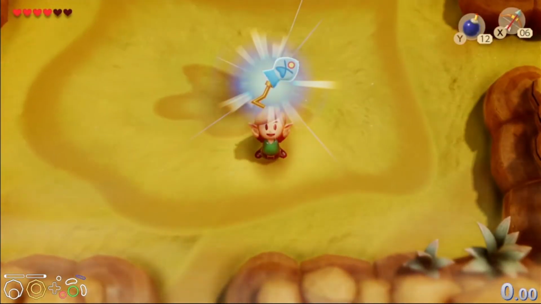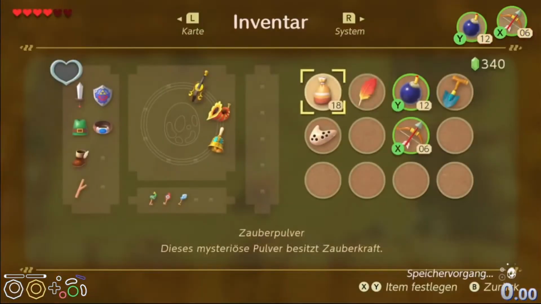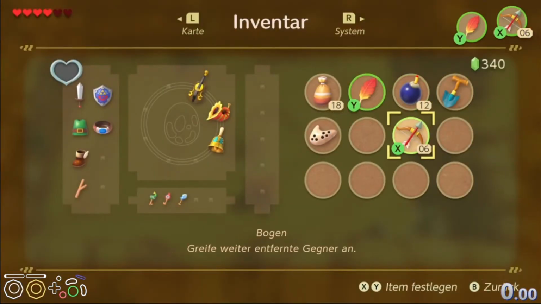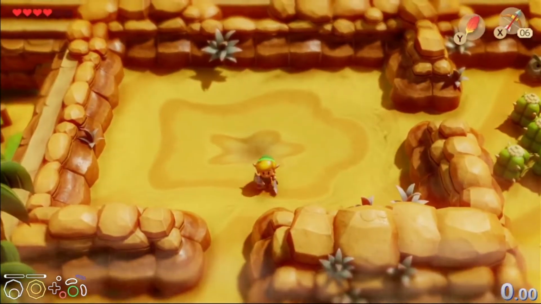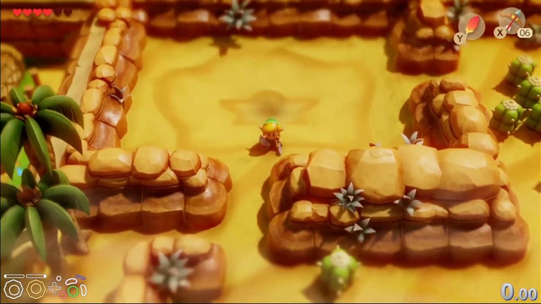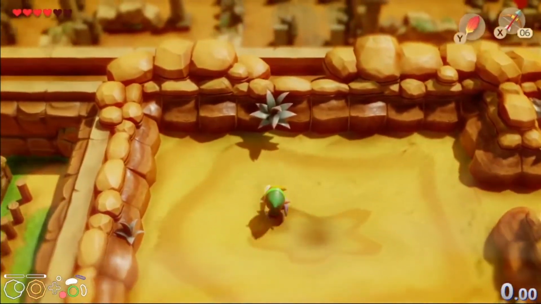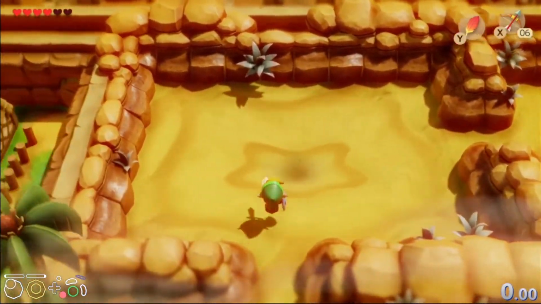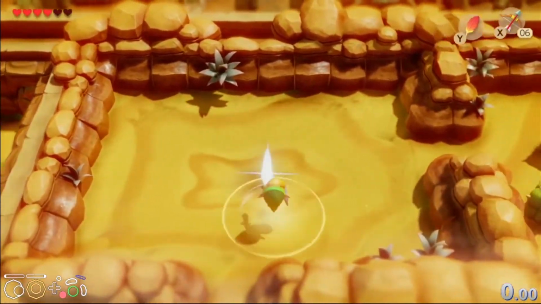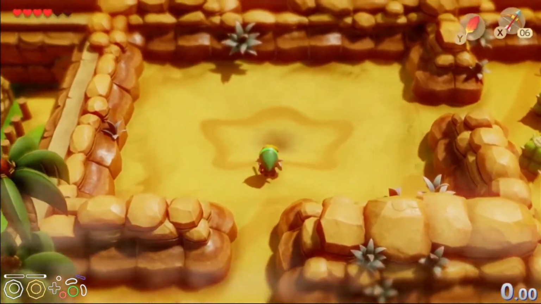Just start mashing A. If you're not confident with that, or you don't want to use arrows, because you need to make sure that you have at least, I recommend at least 4 arrows by the time you're done this. So if, say, you're at 4 arrows and you don't want to use them anymore, you can easily just hold this. Jumping around is a bit easier because now you're not getting sucked in. Do your spin slash, follow him around, do your spin slash. He himself only does like 1 heart of damage. Just make sure you don't fall down,